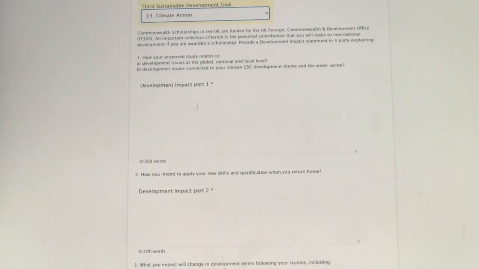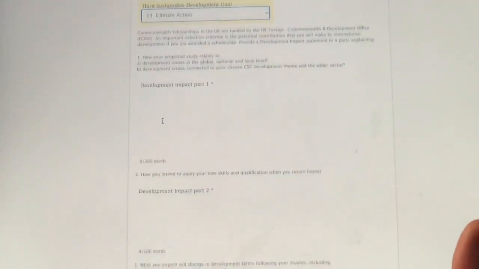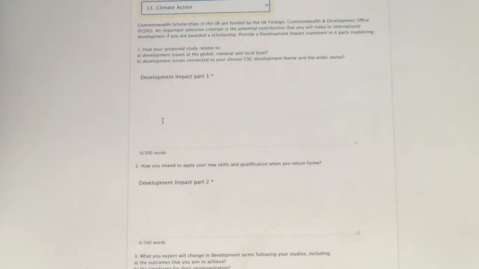So here, I think in these first essays, these development impact essays, this is where you have to introduce the problem, introduce the issue, and then see how best this study will help you to solve that issue.